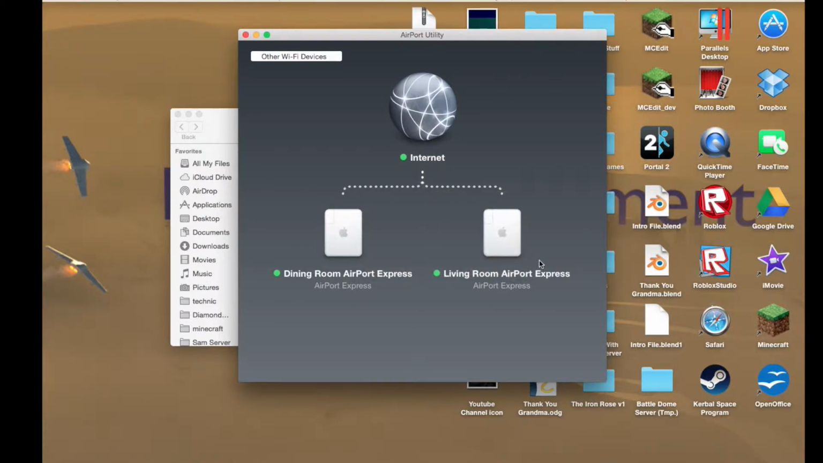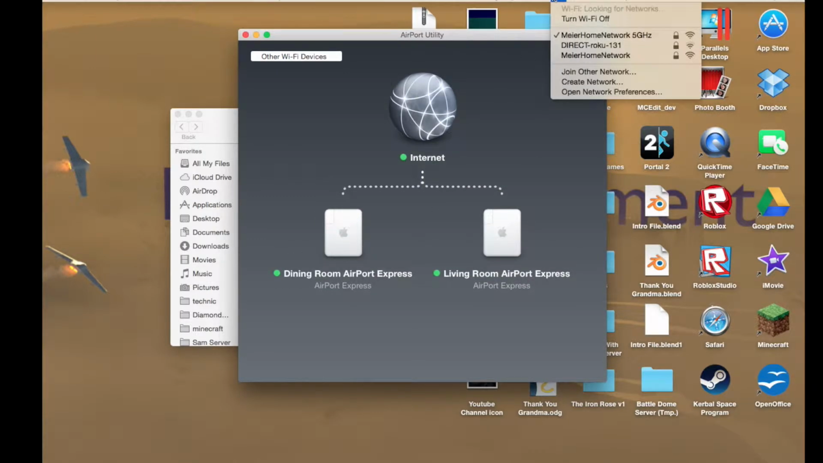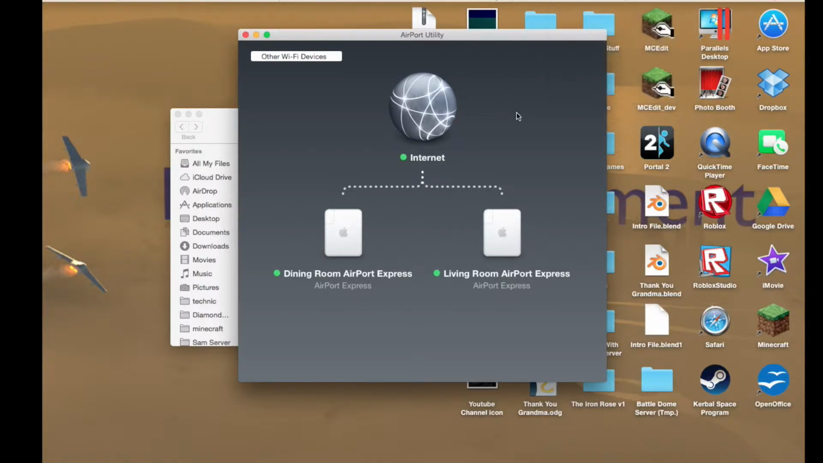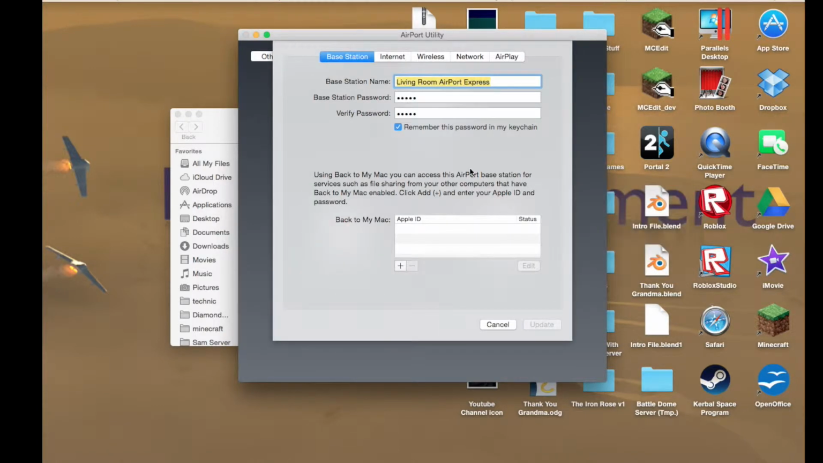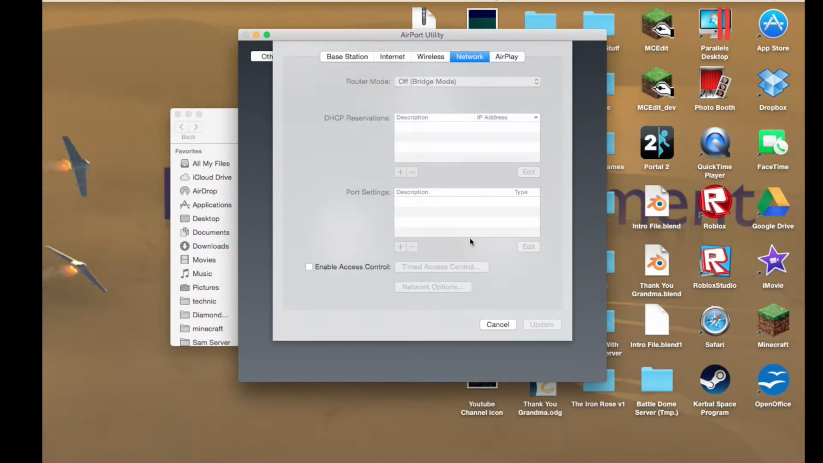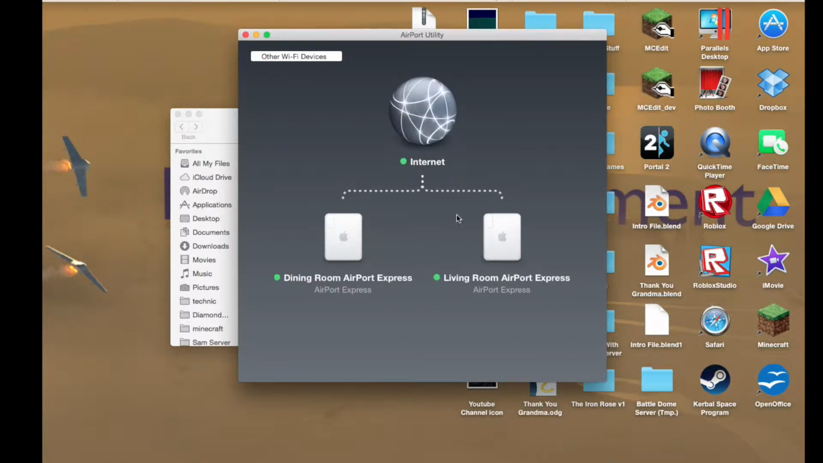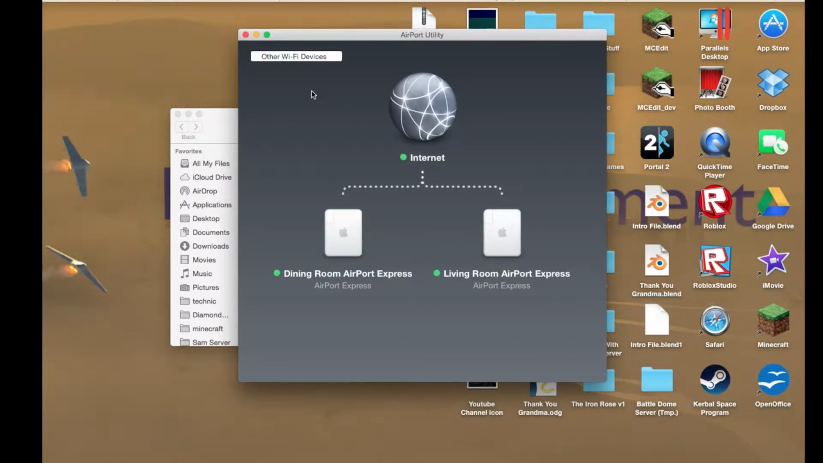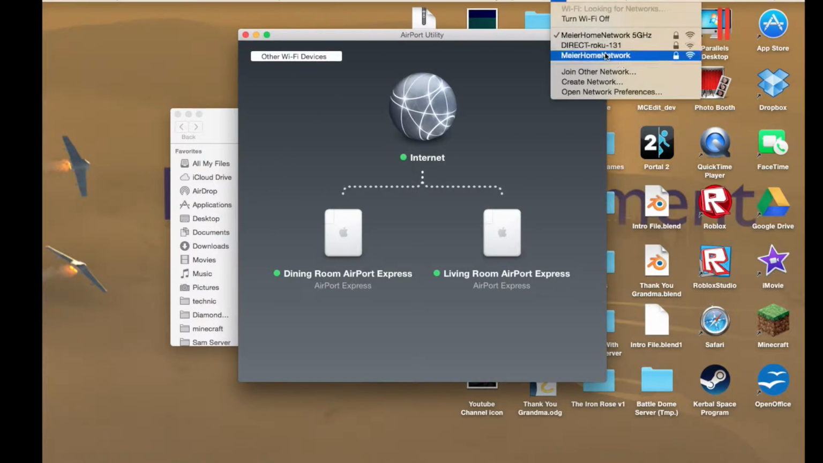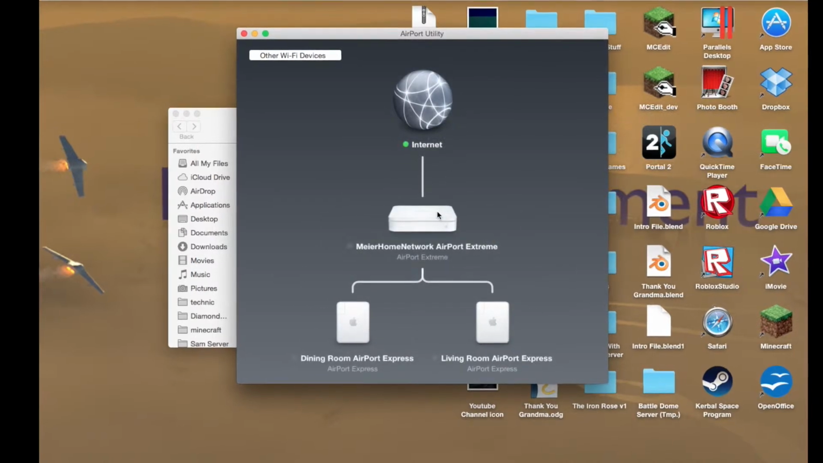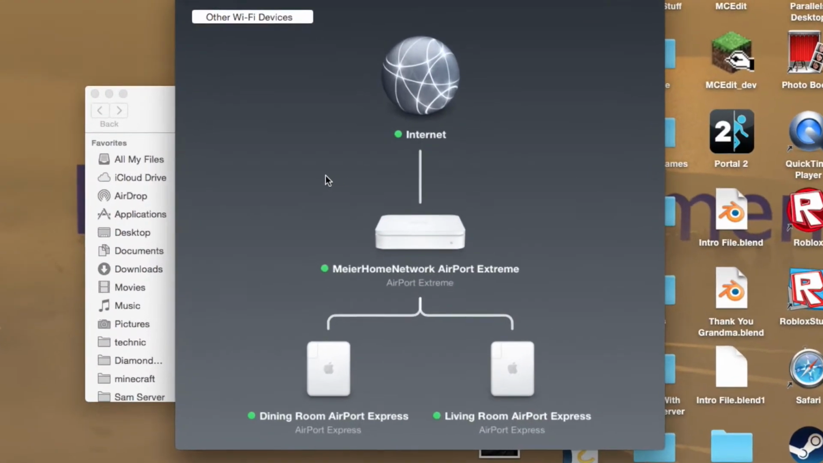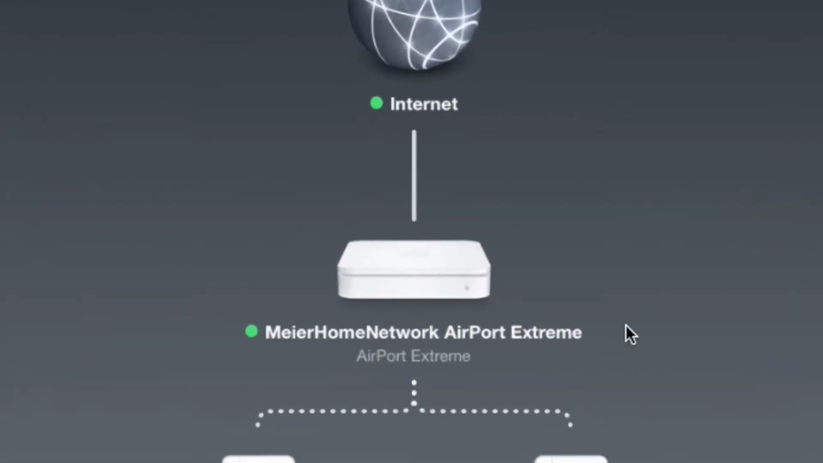I have 2 Airport Expresses at the moment. I'm trying the right one. But just go to one. Doesn't really matter. Go to network. And just wait for this to load. Actually, I can't do that. Wait a second, I'm having issues. One second. There we go. Alright, so I have 2 networks. Alright, so you want to go to your